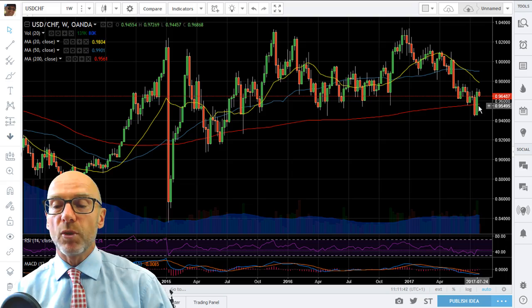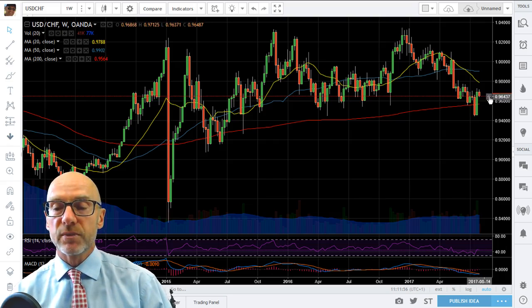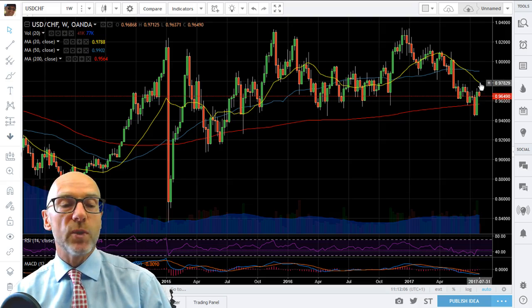In fact, it's probably dictated by the 200 week moving average there, which you saw that we've been down to over the last couple of weeks, tested that level. That's a support level, so it's positive that we're still above it. So we're towards the lower boundary. That does give scope for some short-term upside. On this chart, I'd say that would take us maybe to the 20-week at